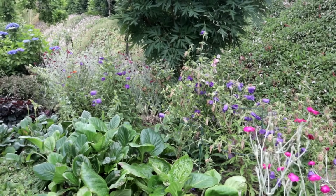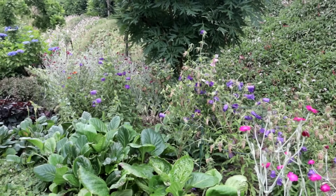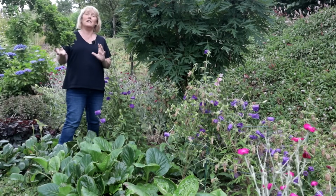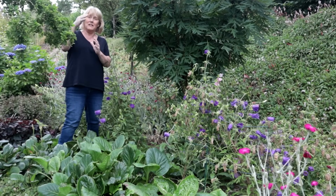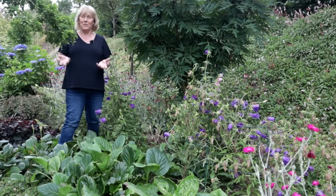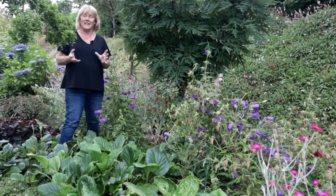And we all know remedial staking is not the best kind of staking, because once a plant starts to grow a bit wonky, then it's very difficult to get it right again. You can hoist it up, but the head is probably pointing the wrong direction and it always looks like it's been hoisted up. Plus, it was really hard to stake these plants over here in this border because this border